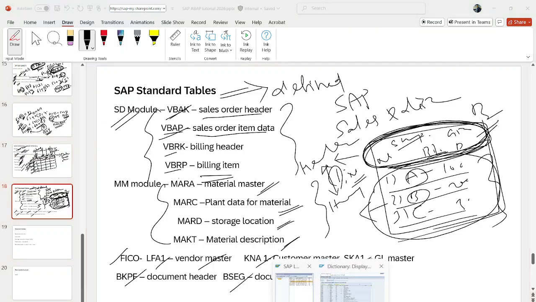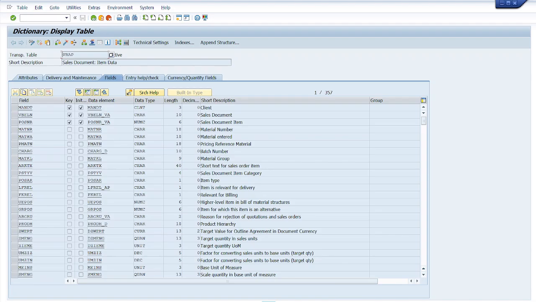Now, if we go back to our SAP screen, this is our item data. VBAP is the table name. Item data is our short description, sales document item data. How many fields are there? There are 357 fields. If I go to contents,